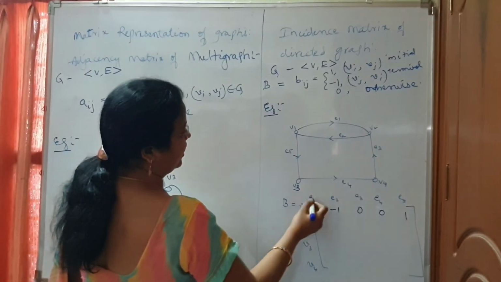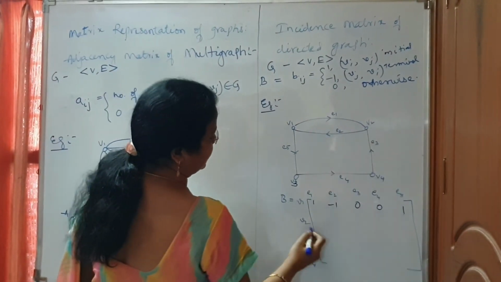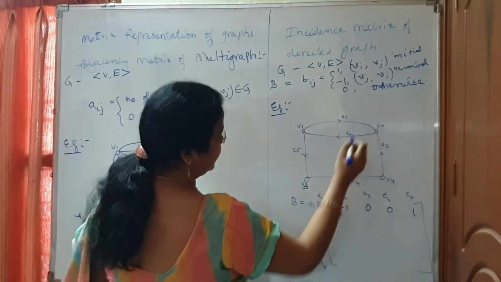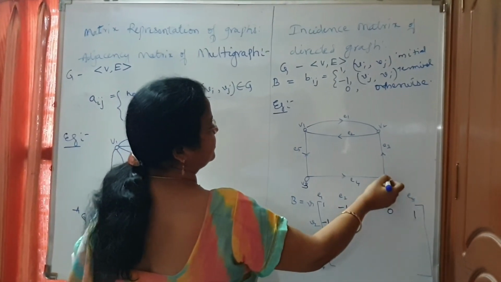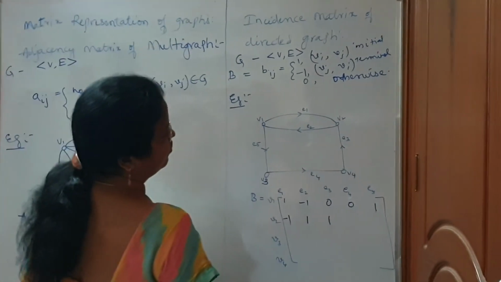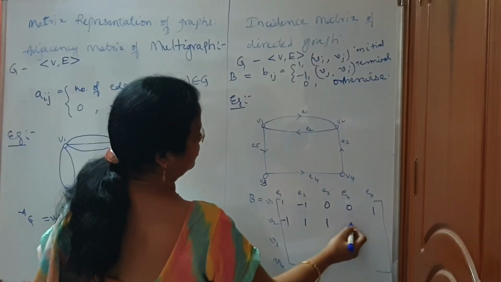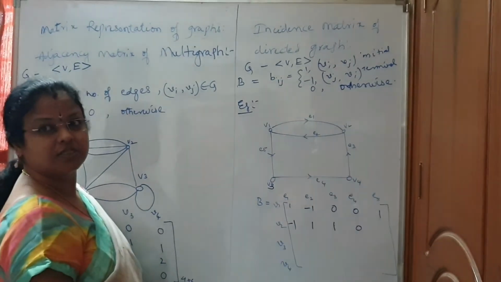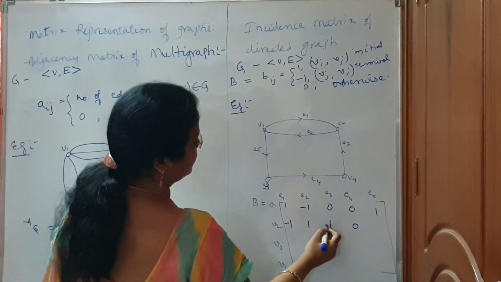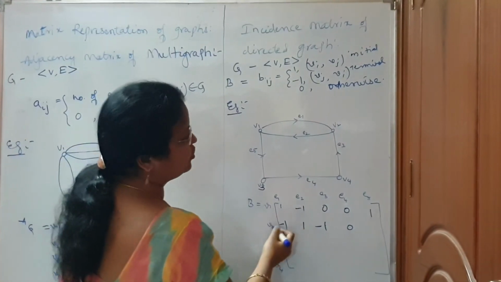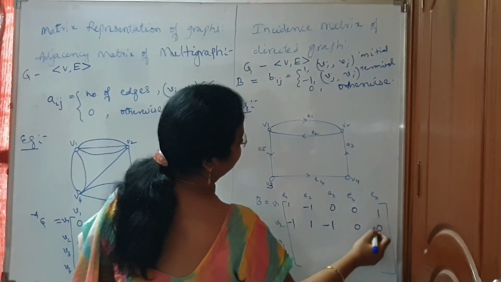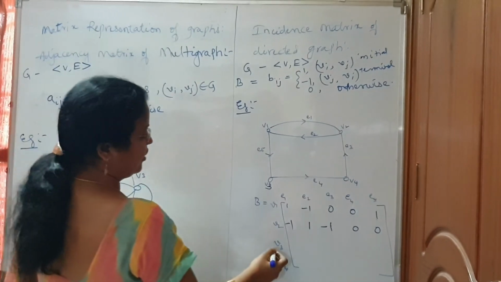Coming to the vertex V2 and edge E1. For edge E1, V2 is the terminal vertex, therefore we put -1. For V2 and edge E2, it becomes the initial vertex, therefore it is 1. For edge E3, V2 is the initial vertex, therefore it is 1. Next E4, no connectivity, therefore the value is 0. Next V2 and E5, if you consider the edge E5, there is no connectivity with the vertex V2, therefore the entry is 0. Next coming to vertex V3,